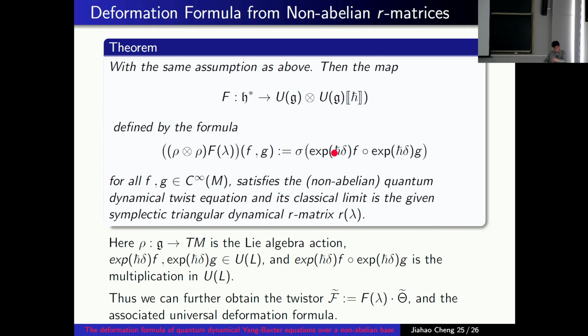Then it maps all these things back to C infinity M, tensor with the formal parameter h bar, the polynomial of formal parameter h bar. So what we get is that by such formulae, we actually use this delta operator. We actually define an F map from H bar to UG tensor UG H bar. So just use this operator delta, you can define such an F map. And the good news is that